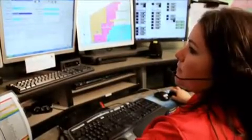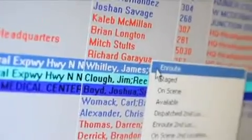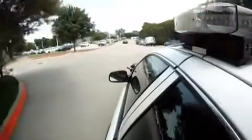435, 643, major accident. Another advantage of the CAD is that all call information, including unit times, location, and key